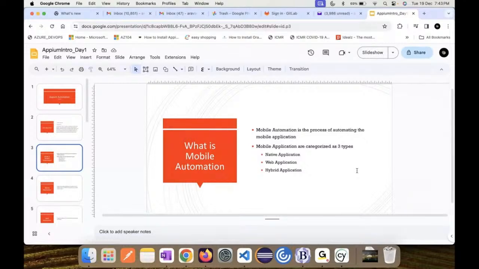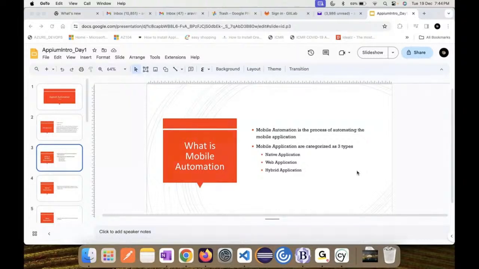Native application, like say, okay. Before going to that, how many of you are manual testers on mobile applications? Maybe you can put that in the chat with a simple yes. If you are a manual tester on mobile applications, just give it as a yes.